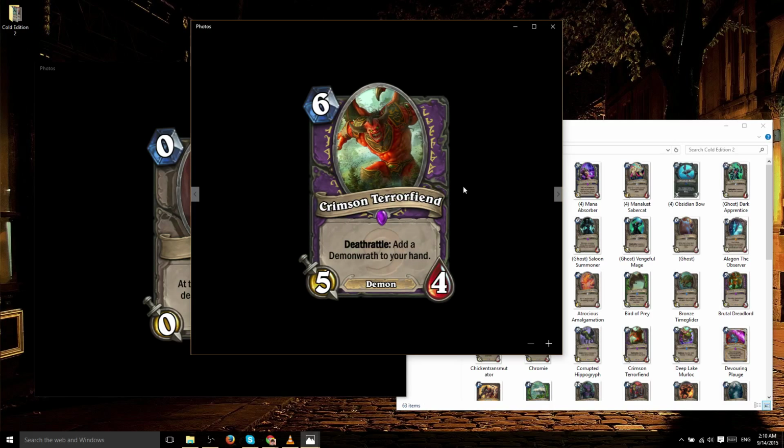Okay, Crimson Terror Fiend. 6 mana, 5/4. Deathrattle: add a Demon Wrath to your hand. Alright, 5/4 with card draw. What I would compare it to would be the Grand Crusader, which is a 5/5 for 6 mana, neutral minion. It gives you a random Paladin card. The difference is this has 1 less HP, but gives you a very specific card. And you know, getting extra Demon Wraths...